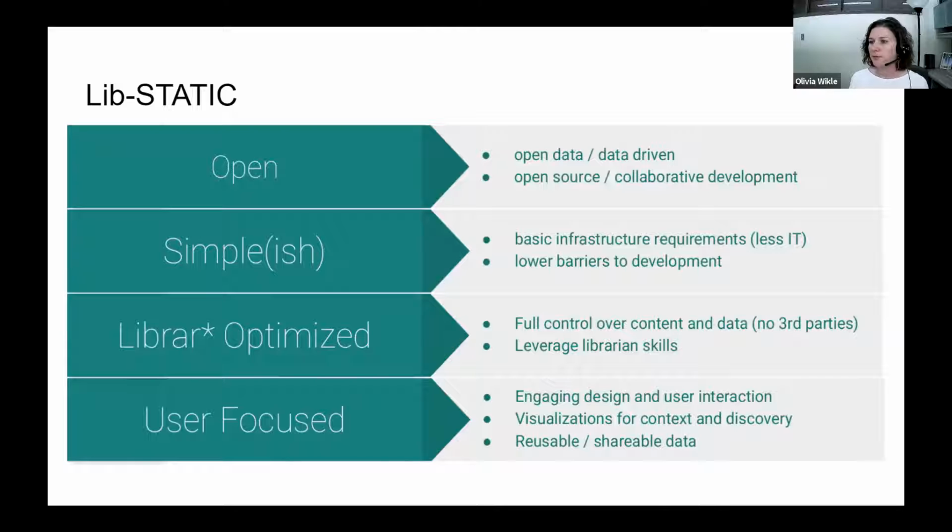So we've distilled Lib Static into these 4 principles here, and I'll go through each one and talk about how the development styles fall into these categories. So the first is open, and we mean open source code, public documentation to facilitate learning and sharing with that code. We're also encouraging reuse,